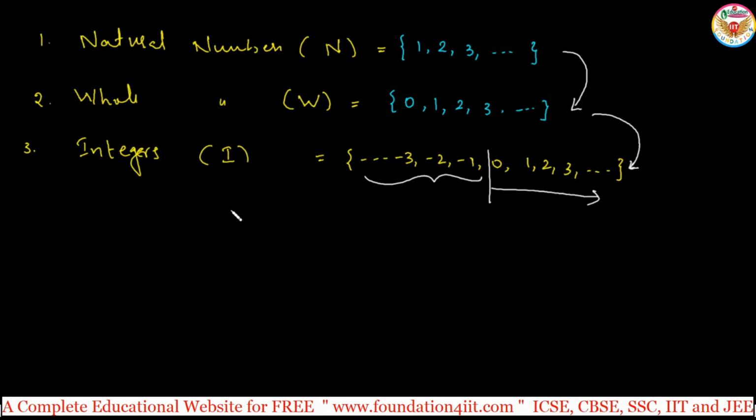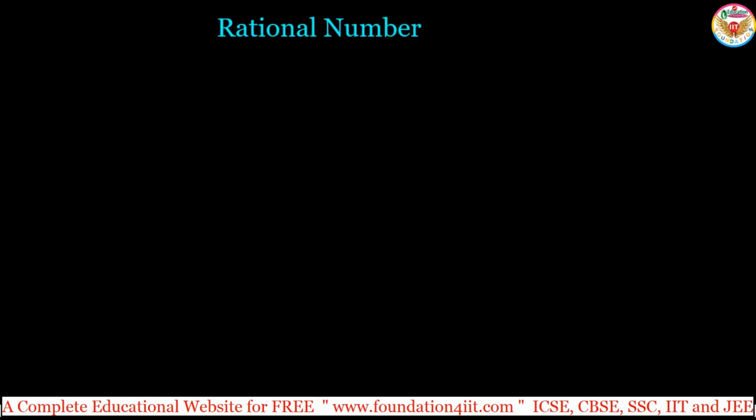And along with the integers, we have the numbers in the form of p by q. So what is a rational number, and how do we exactly identify it? Including the definition, we'll see now. First, let us find out exactly what a rational number is and how to identify it. Let us see the definition. Already we learned natural numbers, whole numbers and integers, right? So here I can write the definition of a rational number like this.